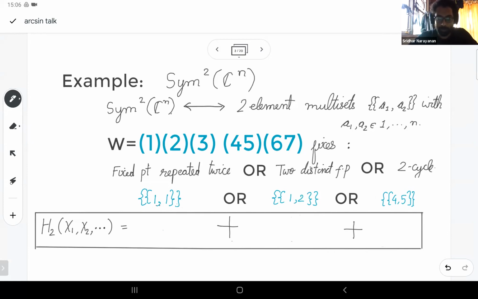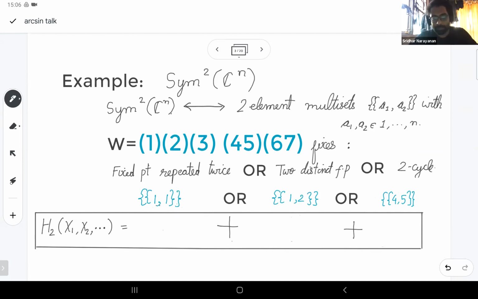So we pick a particular 2 cycle and both of its elements are members then of the multiset. So let's pick this 2 cycle 4, 5. Then the multiset obtained by this is 4, 5. And if W acts on this, it takes 4 to 5 and it takes 5 to 4, but it fixes the multiset, right? So given this example, given the permutation in this example, these are the 3 types of multisets